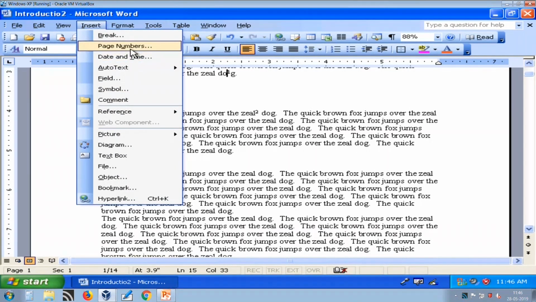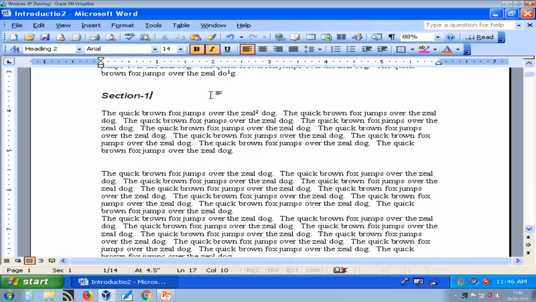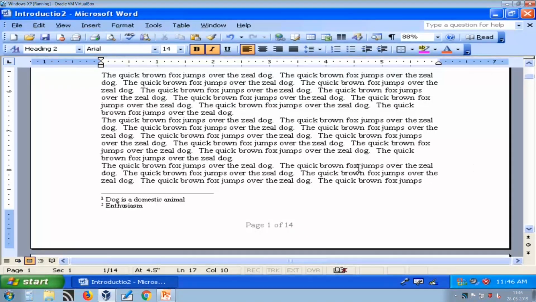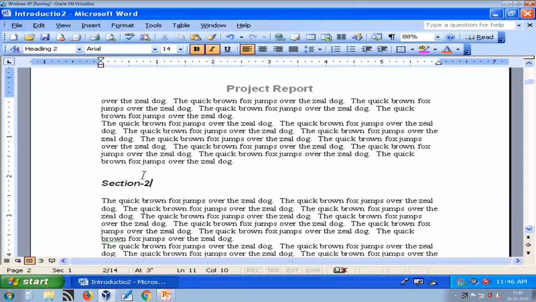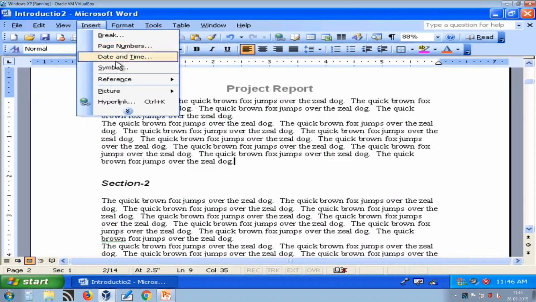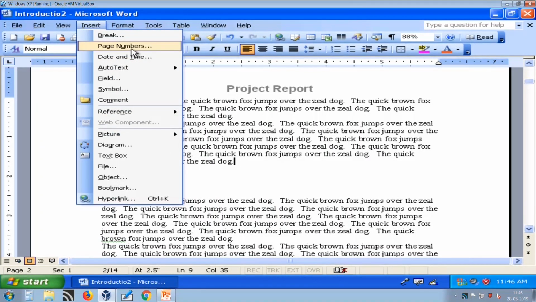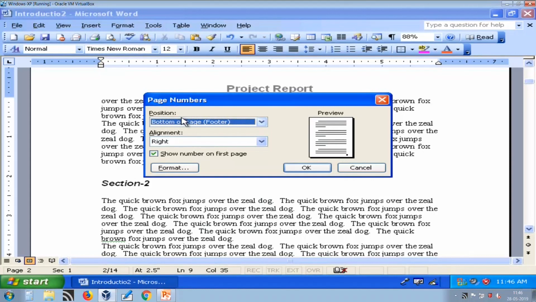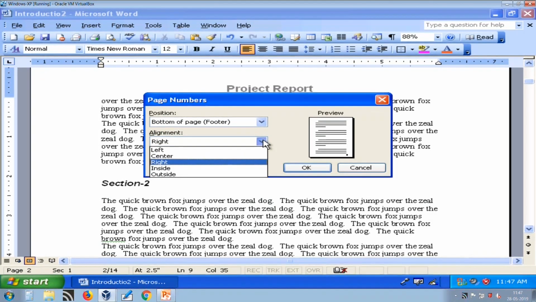Now, here we have page number. Inside insert we have the option page number. So, where do I need to insert the page number? There are two options, either top of the page or at the bottom of the page, and there are alignments like left, center, right, inside or outside.